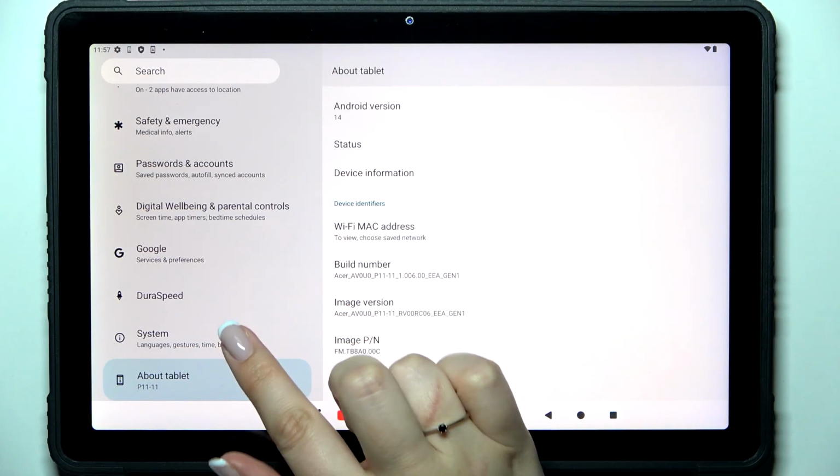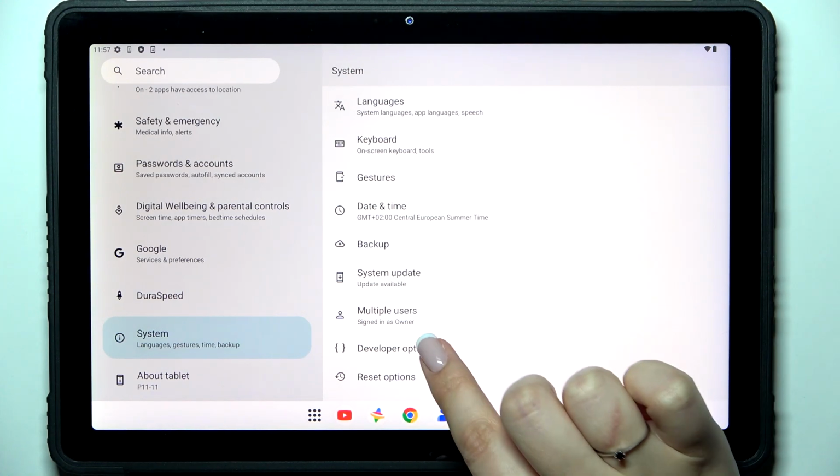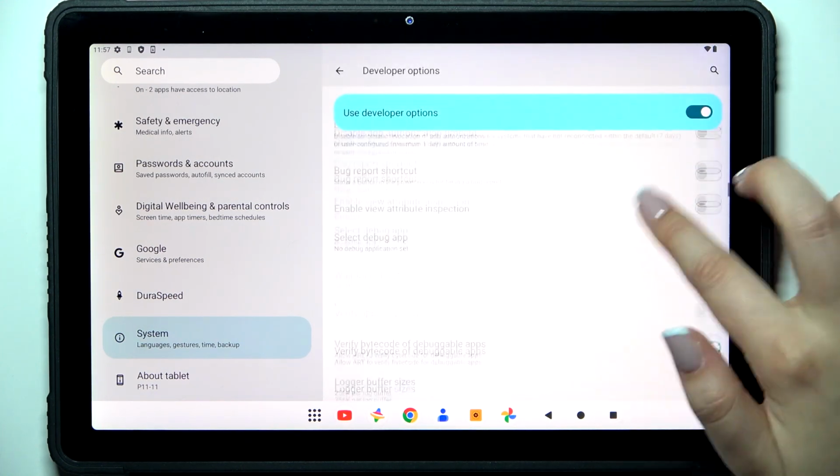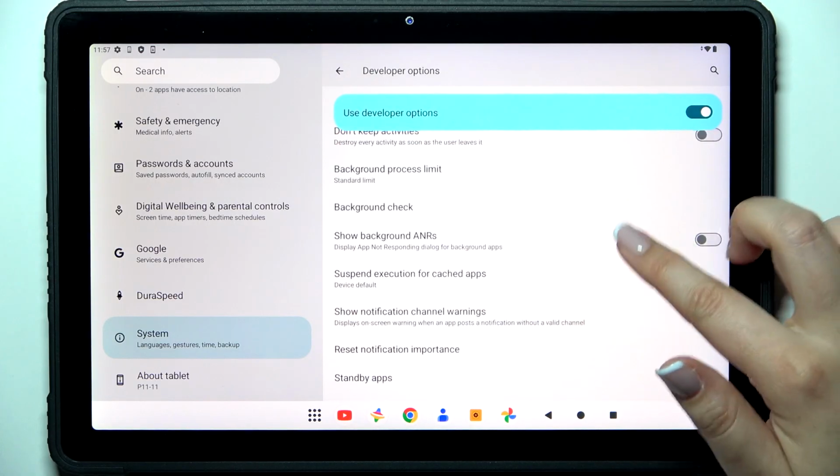Now we have to go back to this left section and tap on System. Scroll down to the very bottom and find developer options. Let's tap. And as you can see here, we've got plenty of advanced settings which we can customize. So for example, we can